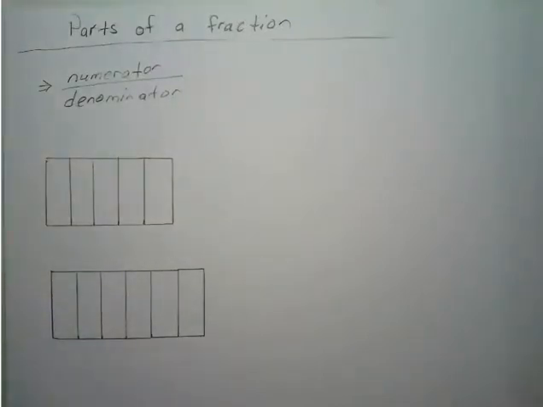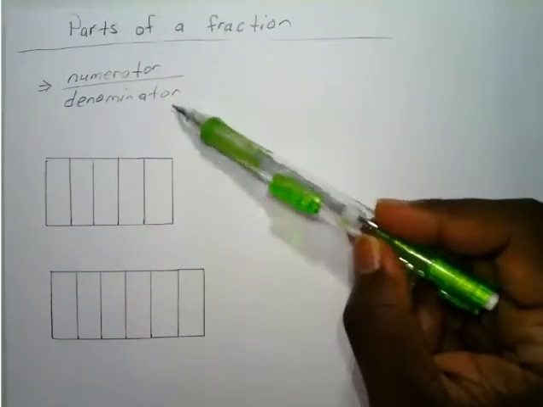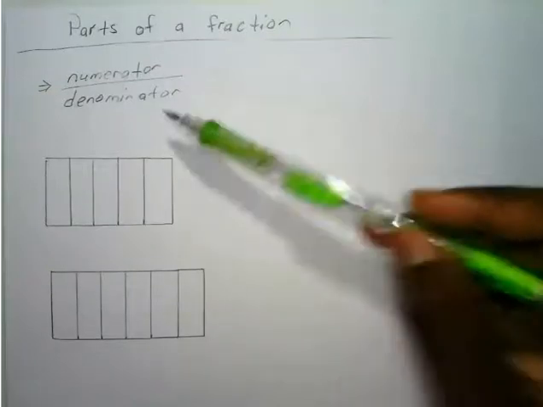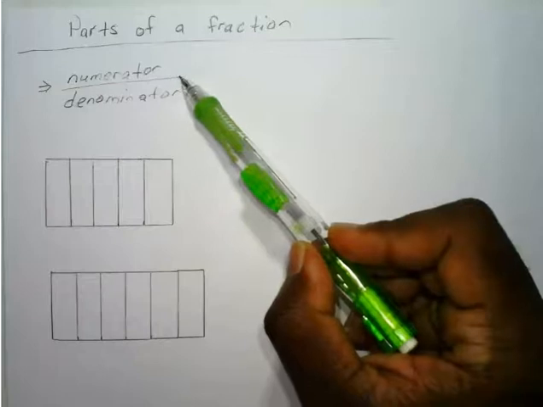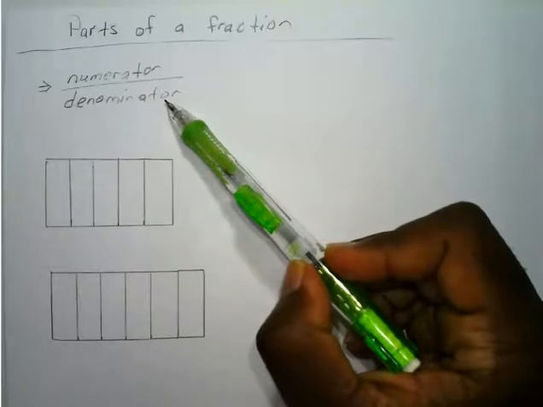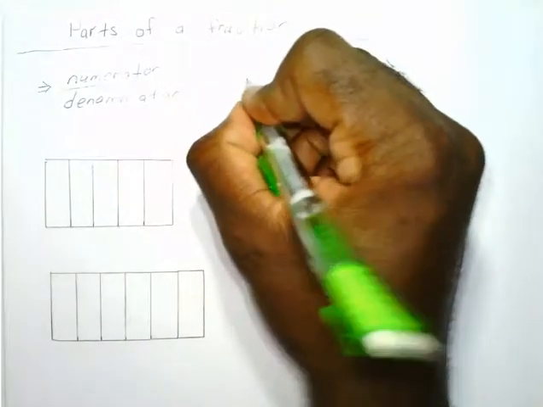Okay, so starting off, we have our numerator and our denominator. Your numerator is the value above the division line and the denominator is the value below the division line. One way to remember this that kind of helped me